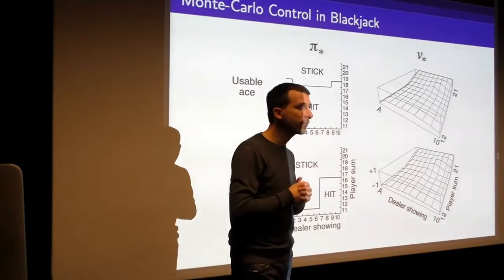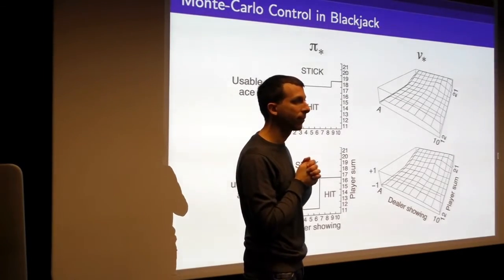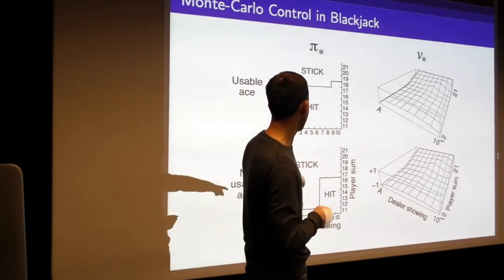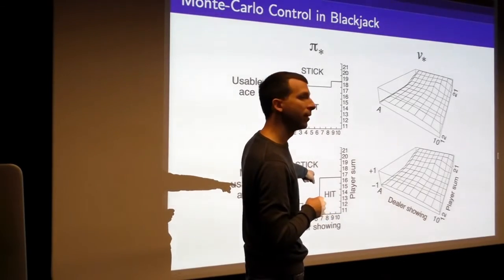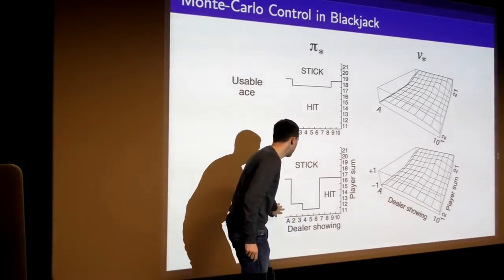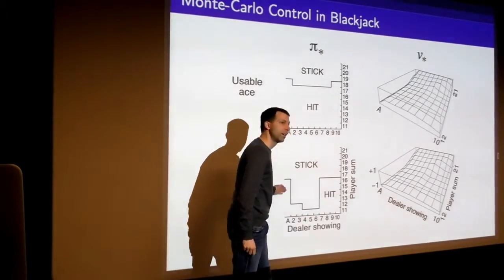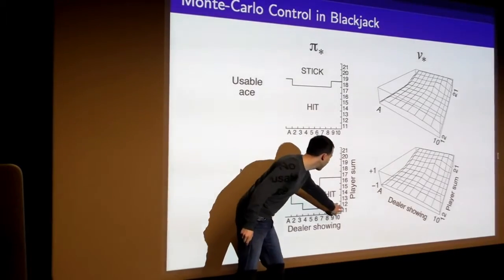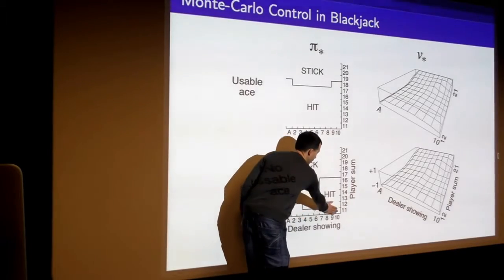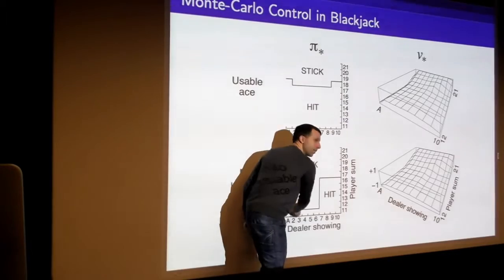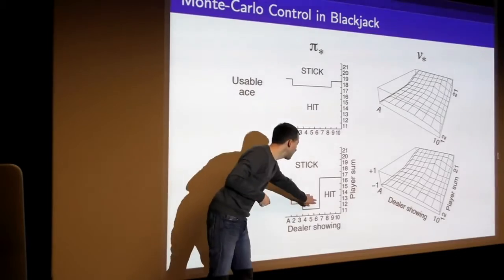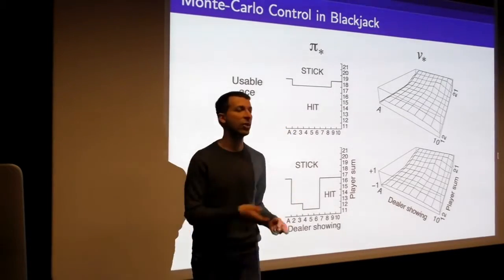Okay? Why would you ever stick at 11? Because you can't go bust. You wouldn't. It always says to hit on 11, when the dealer is showing between 4 and 6. So this line here says if you're on 11, you always hit. Sorry, this region here. The line is between 11 and 12. It's like a grid, and each cell of this grid indicates what to do. So this could be shaded in if you like. Yes, and it shows that for 11, you should always hit. But if you've got 12 and the dealer has a bad card, there's some chance the dealer might go bust, and so you should just stick on that 12 sometimes.